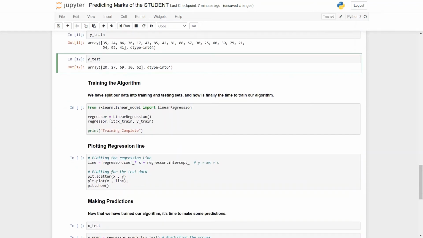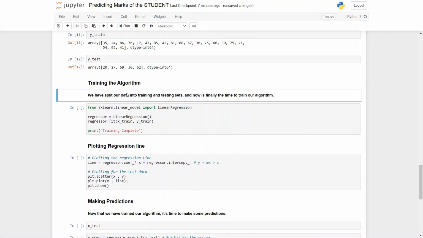Now let's move on to our next task of training the algorithm. By now we have already split our data into training and testing sets, and now is finally the time to train our algorithm. The training will take place in this cell. First, from scikit-learn.linear_model, we import LinearRegression.